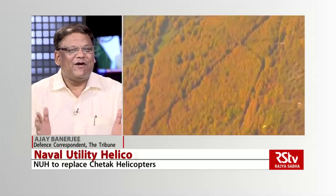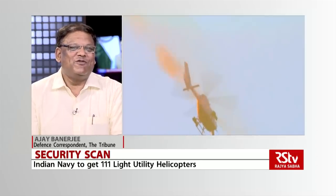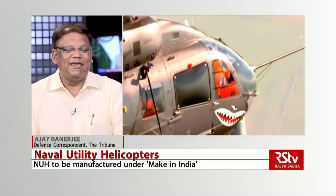It will take a lot of space. HAL is doing a great job, but however in the naval version, their blades don't fold. I will still add one more sentence. If they are doing it with the Kamov 226T, Kamov already has a tie-up with HAL to make 200 helicopters. That is a different opinion, because Kamov, we already fly the Kamov